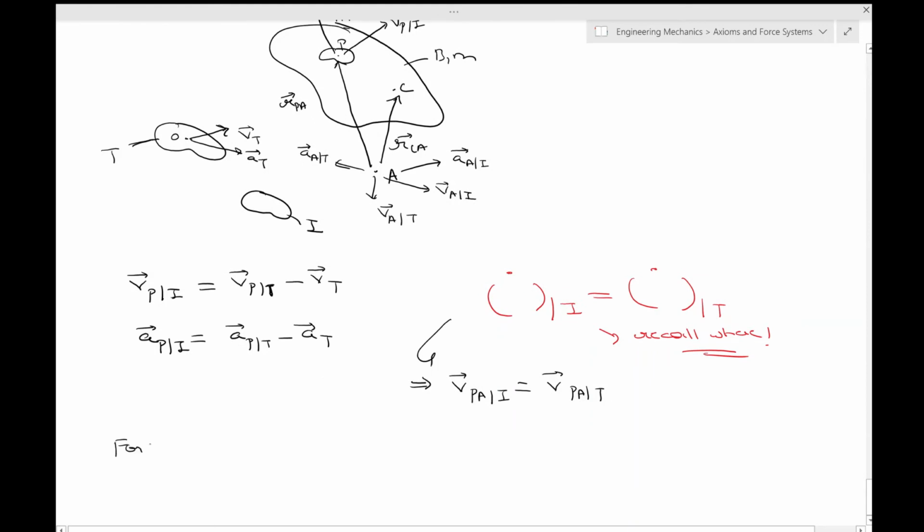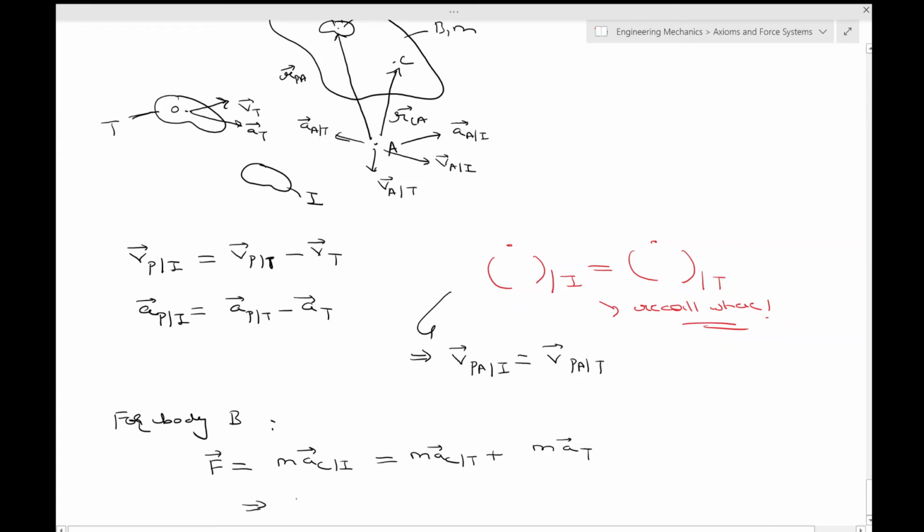Now if you have for body B, F is equal to MAC in I equal to MAC in T plus MA of T. Okay, so what we have done is we have just written this acceleration of center of mass in the I frame as the relative acceleration of C in the T frame plus the acceleration of T. Okay, it is needless to say that this T is actually in terms of the I frame, but we are not saying that explicitly anywhere. That's why I am not writing. Okay,